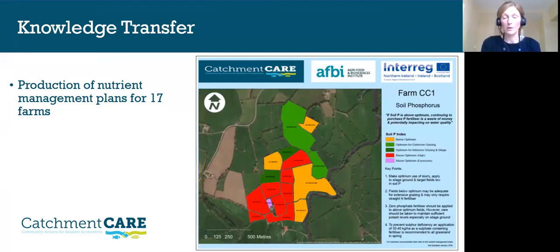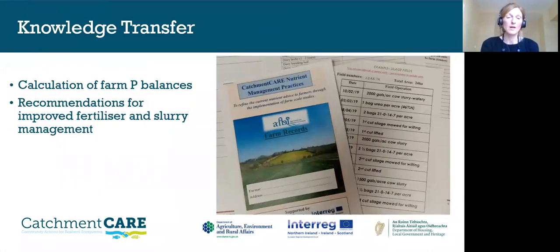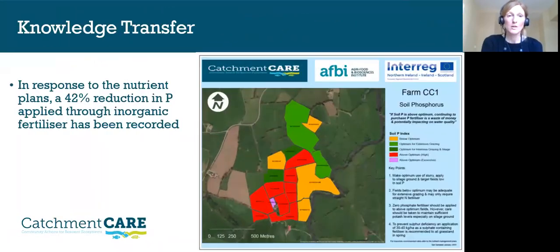Then the green fields would be optimum for phosphorus. So they would receive phosphorus based on the index 2- recommendation. And then the yellow fields are index 1. So they'd be low in phosphorus and require phosphorus based on the index 1 recommendation. We're also calculating farm P balances and we're making recommendations for improved fertiliser and slurry management on these farms. So based on these maps, we have found a 42% reduction in the amount of P applied through inorganic fertiliser